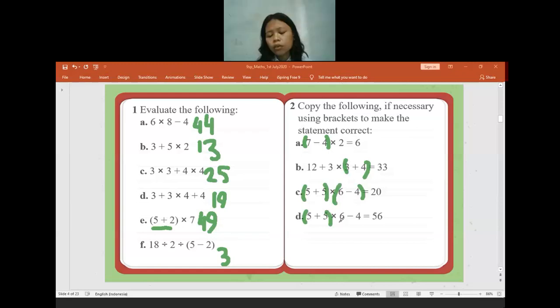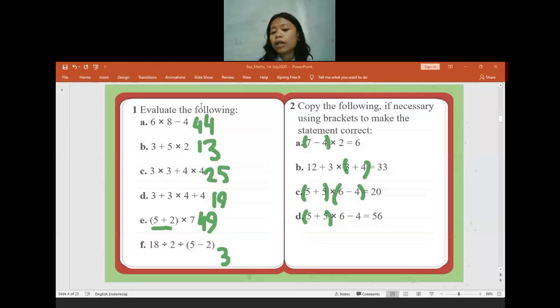When we meet multiplication, it means we have to finish the multiplication first. So adding another bracket after 6 is not necessary. If you want to put a bracket like this, it's really not necessary, because everyone should know that between multiplication and subtraction, the multiplication will come first to solve. Okay. Is there anyone have difficulties?